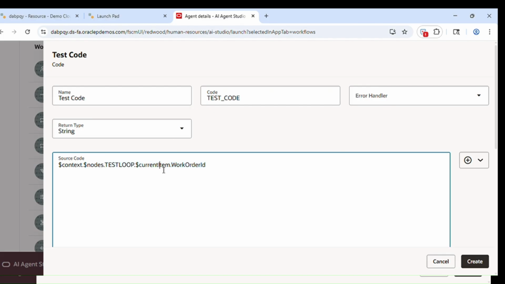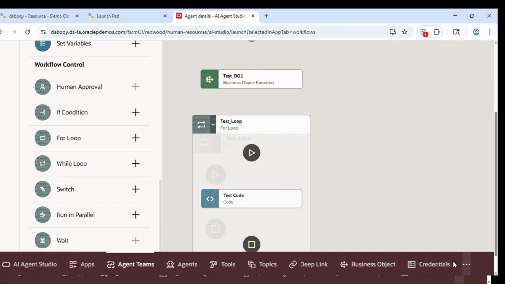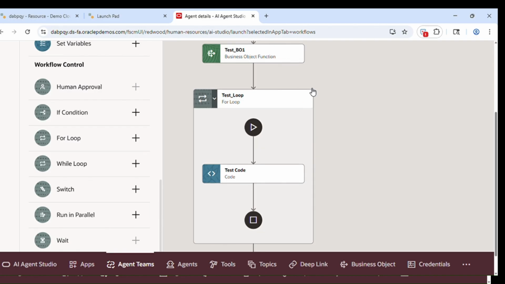So this means, in the test loop, for each current item we are asking it to fetch the work order ID. For that we use this code node, and we click on create. So this is how the loop node comes up here. Till now we used three different nodes: one is a business object function node, another is a loop node, and after that we use the code node